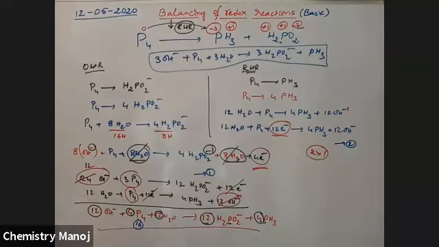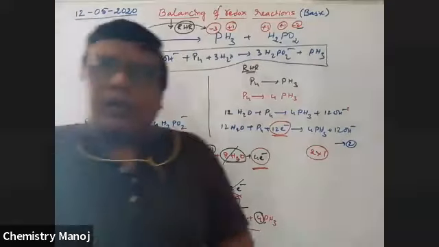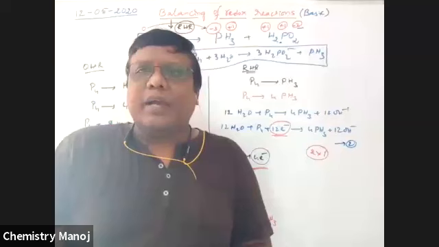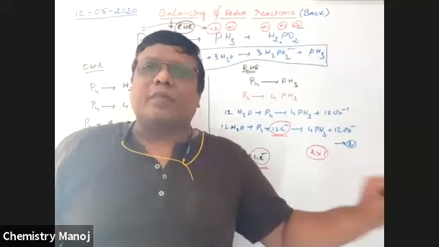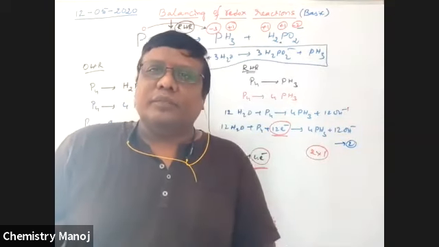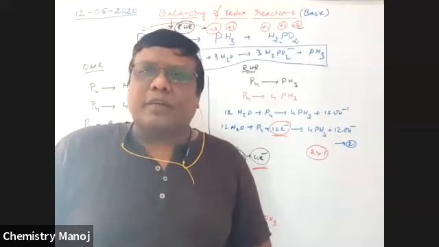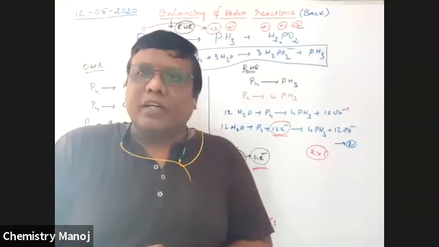Okay. So this is the balancing of a reaction in basic medium. The only difference between acidic medium and basic medium is at the hydrogen balancing step. In acidic medium, H plus is used directly. In basic medium, first water and then OH is used. So this is the only difference between acidic medium and basic medium half reaction balancing. Okay, is the concept clear, my dear boys?